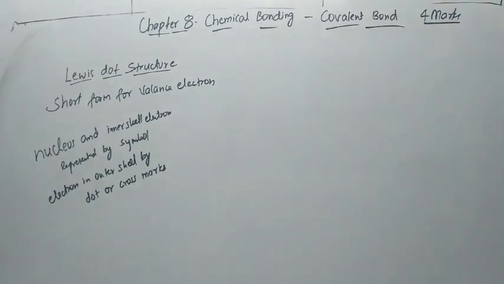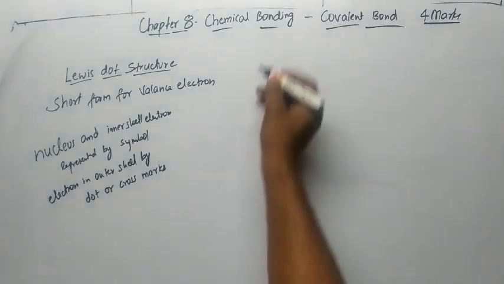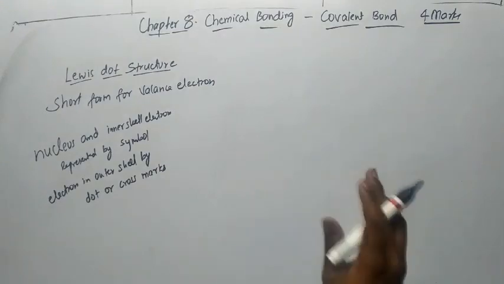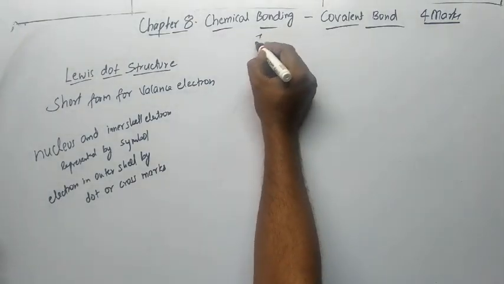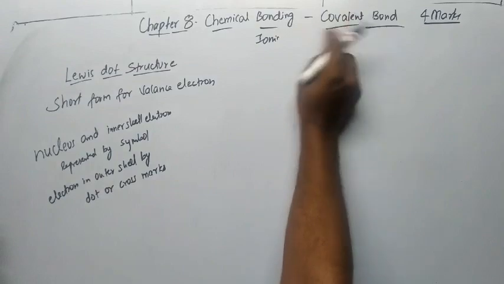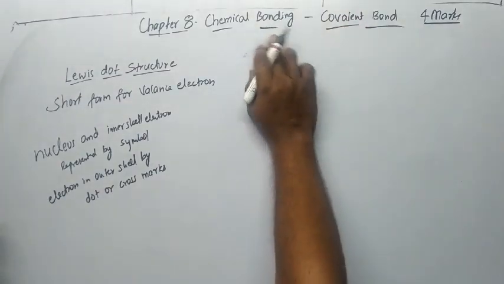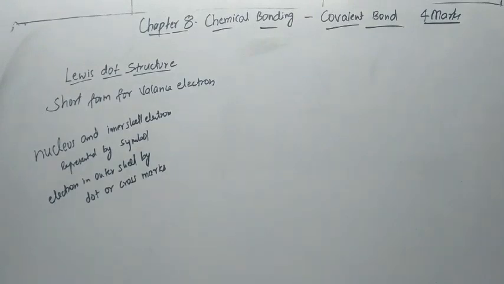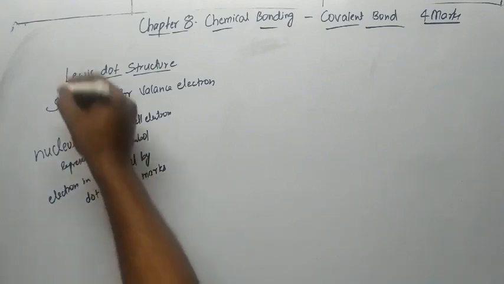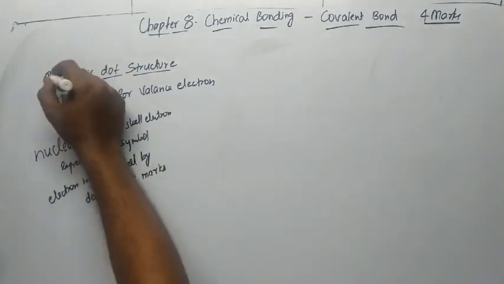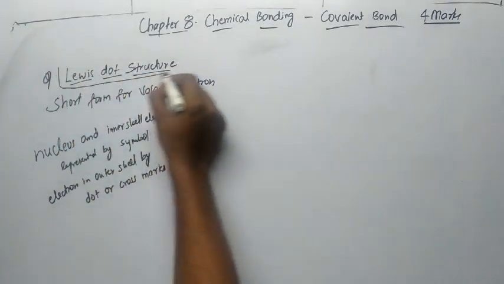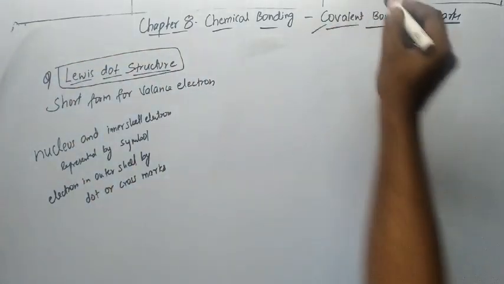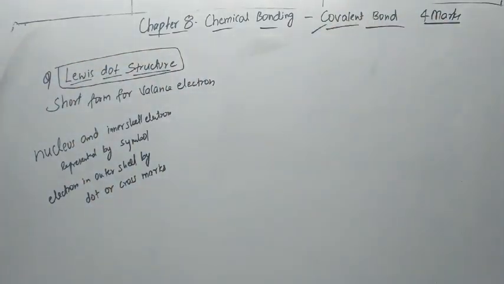from the covalent bond. Okay, so bonding, chemical bonding లో two topics ఉన్నాయి. ఒకటి ionic and second one is covalent. So ionic one మనం తర్వాత, so now we will be discussing about only covalent bond. Okay, this is important for 4 marks. So దీనిలో first topic is Lewis dot structure, very important. So if you know this concept Lewis dot structure, then only you can go for the covalent bond. Okay, so first we learn today what is the Lewis dot structure.